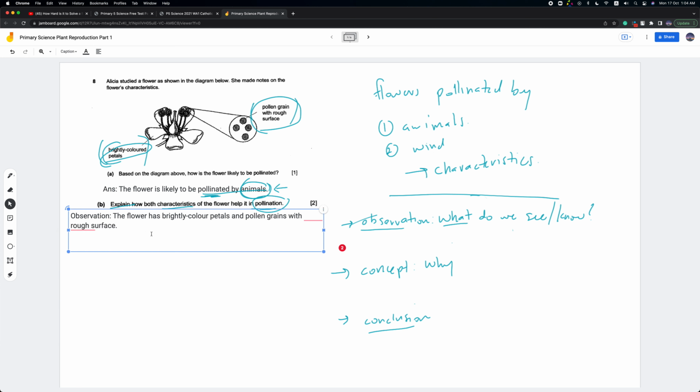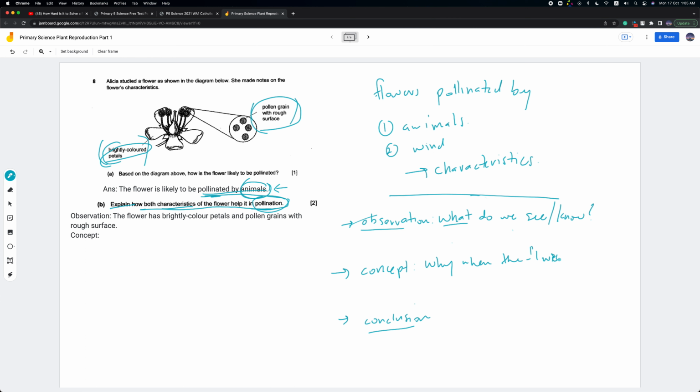Okay, next is the concept. This is where students struggle to answer, and it's a why question. So what do I ask? I ask why. Okay, why my observation, okay, this is the observation, will help me in this? Okay, so if I were to write the question, I will say why when the flower